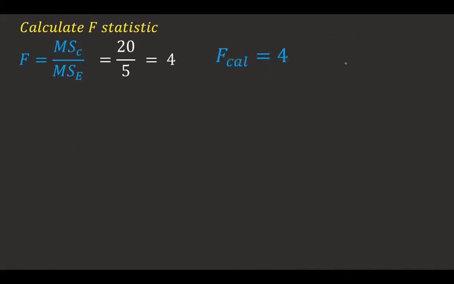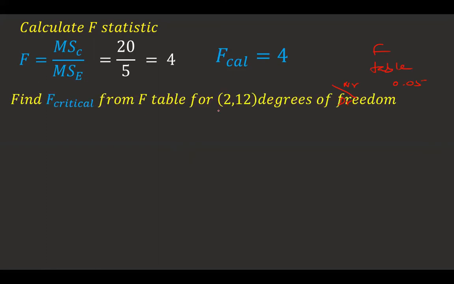Then I'm going to take an F table. In the F table, two things will be given: degrees of freedom in the numerator and degrees of freedom in the denominator. We are going to find out the value under 0.05, where my critical value comes around F table 2, 12 degrees of freedom. 2 will be in the numerator, 12 will be in the denominator. We'll be doing a separate video on how to find the values from the T tables, F tables and all.